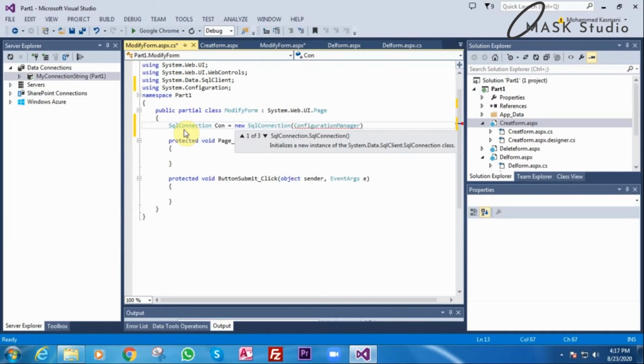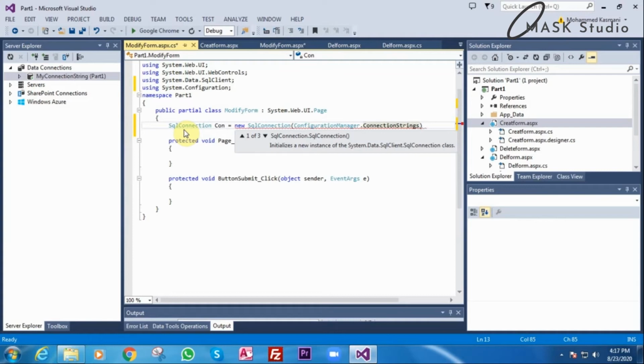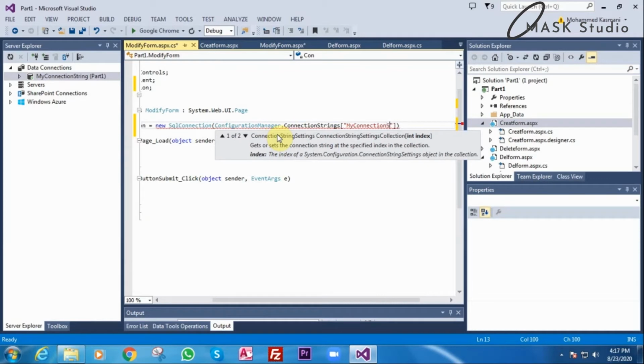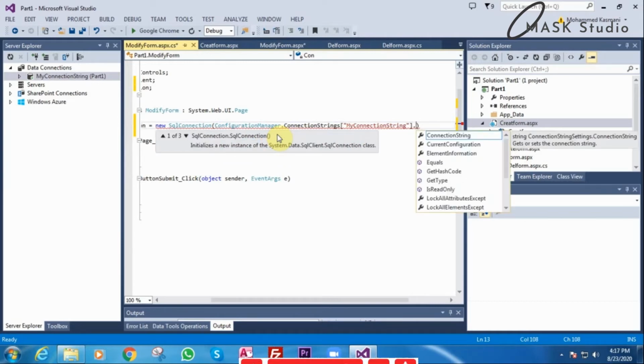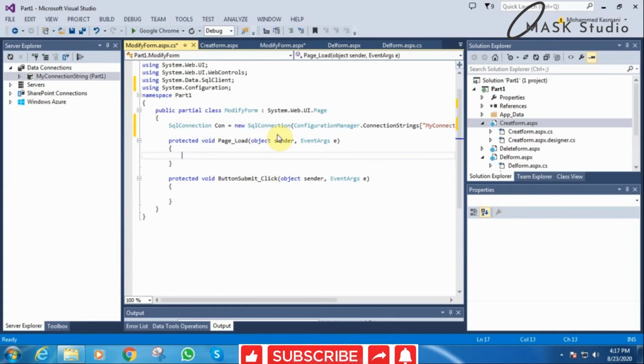Here it is, dot ConnectionStrings, then bracket, double quotes, and we will write down this connection string, my connection string. Dot ConnectionString and semicolon. This is how we give the connection string.